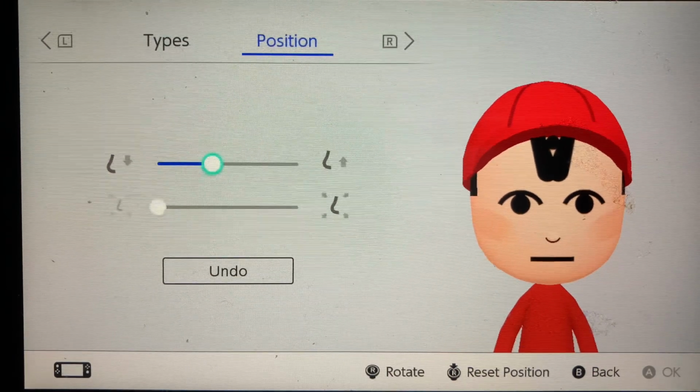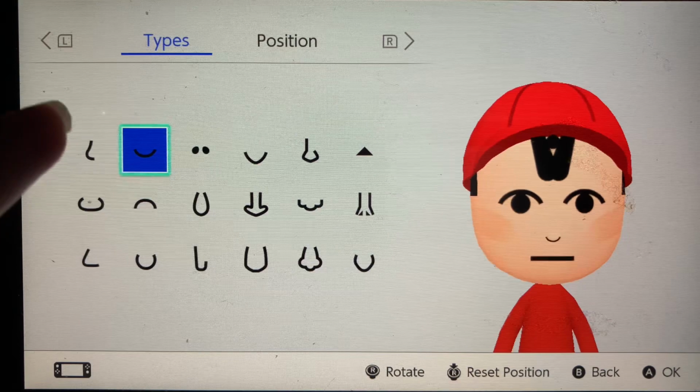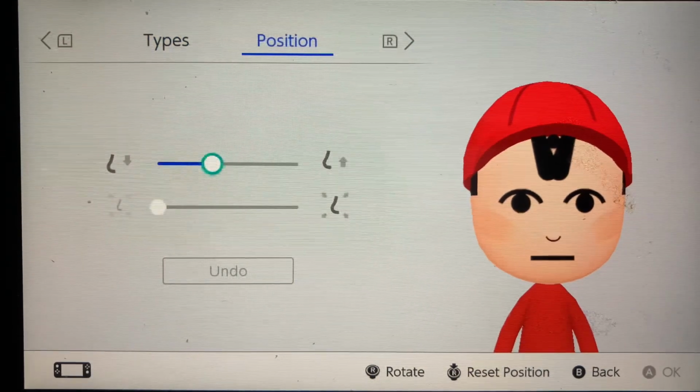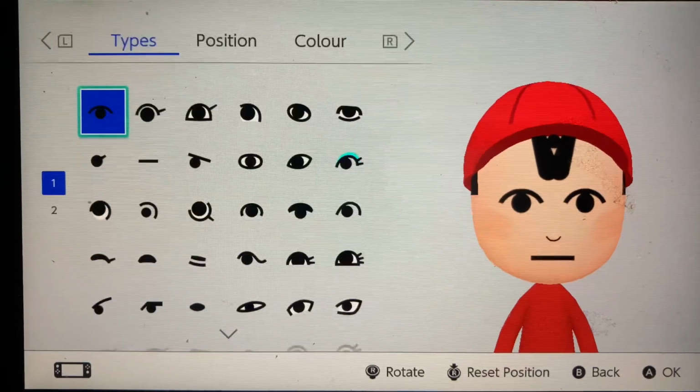So what I recommend doing is probably around 10 minutes for selecting what type of nose you're going for, which is this one here, and then doing the opposition afterwards. So what I recommend is 10 minutes max. Okay, so after you've done that, what I'm going to probably do next is go on to eyes,